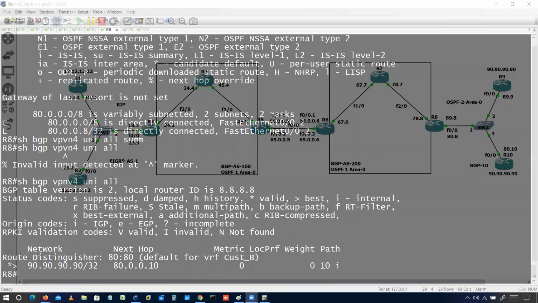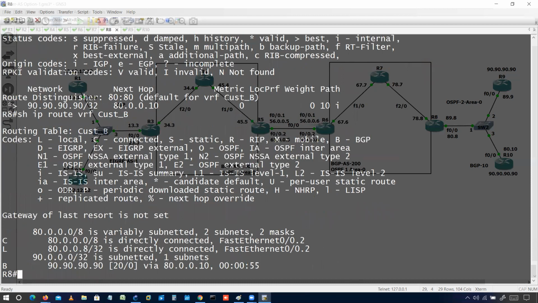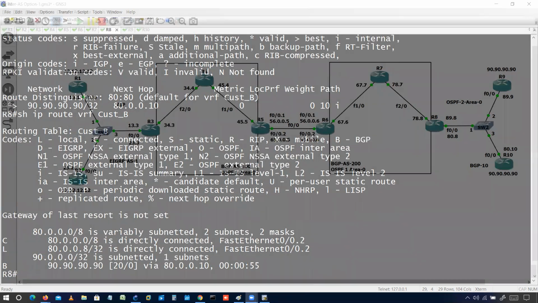So we are receiving the route in my BGP address family, and we can also see it in the routing table also. So look here, we have that route in the routing table also, right? So everywhere we are getting all the routes in the VRF table. So everything we have right now.